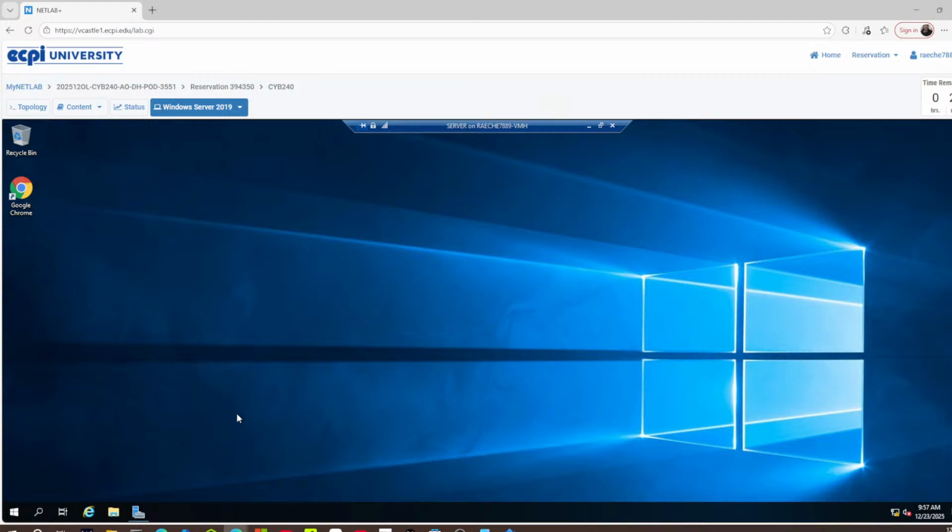When it comes to naming the NIC, there's 2 ways to get to the NIC. You could go here, right-click, open network and internet settings, or you could go to the local server within